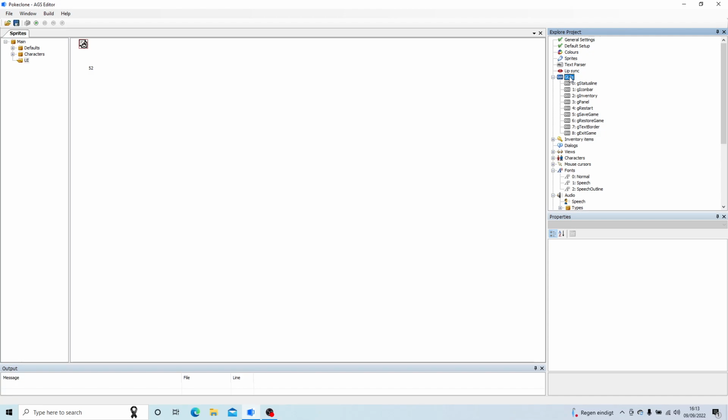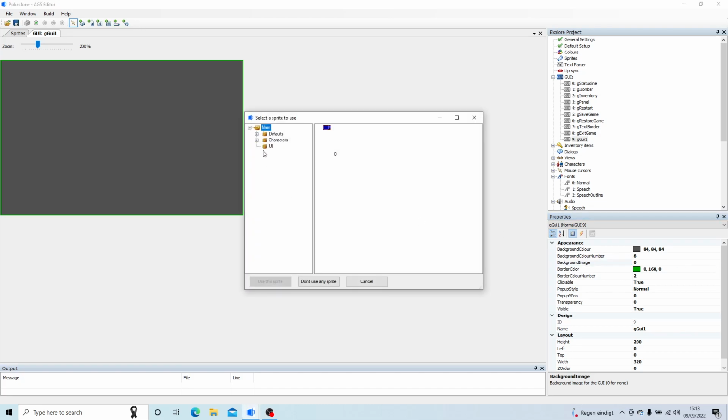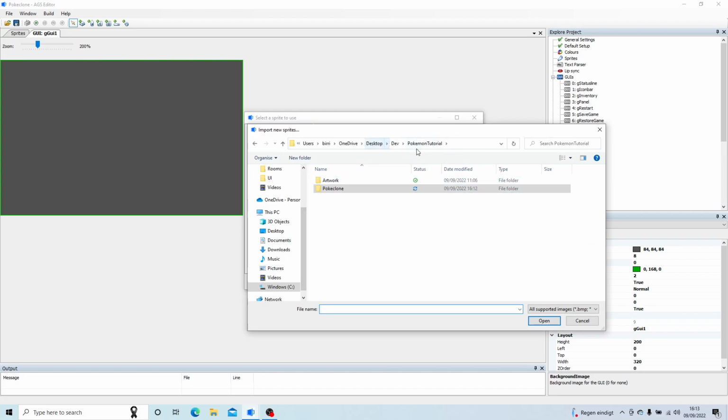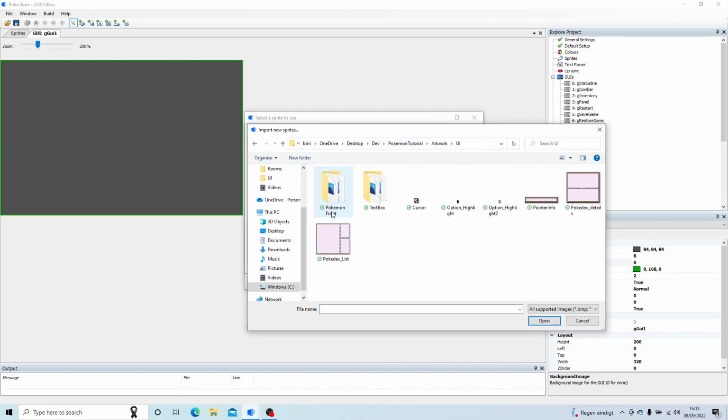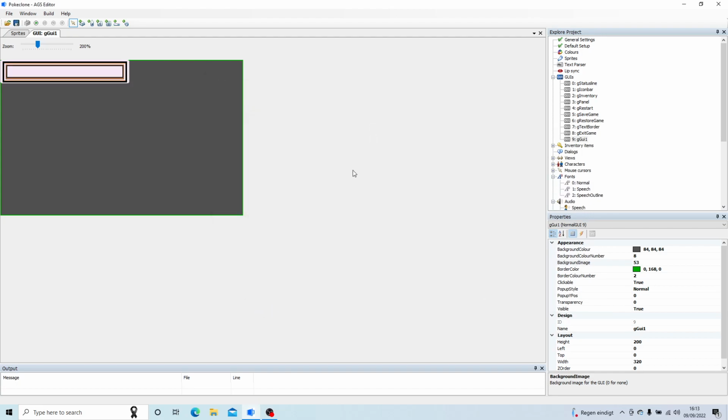So I'm going to create a new GUI. I've already created the artwork for it, so we'll go to background image. We'll go to the UI folder and we'll import the little UI that I've made. That'll do. And we'll use that. So I'm just going to set the dimensions up. So height is 30,